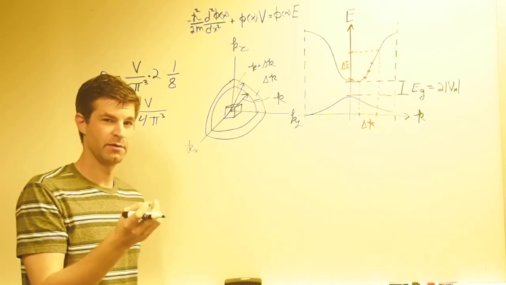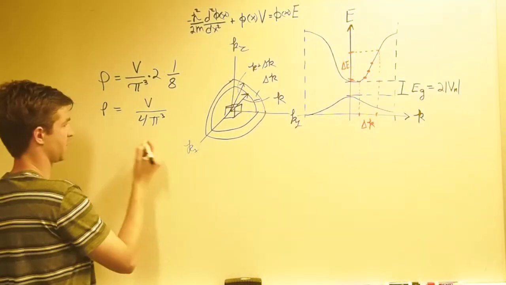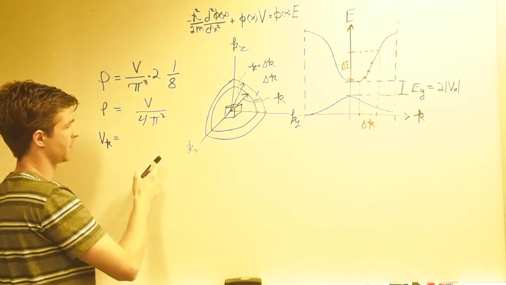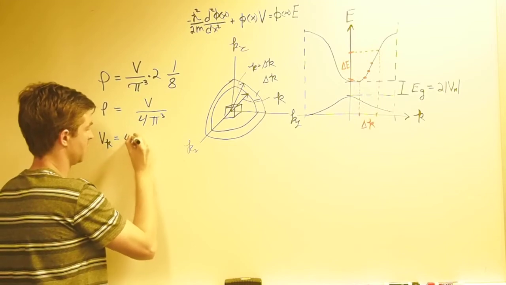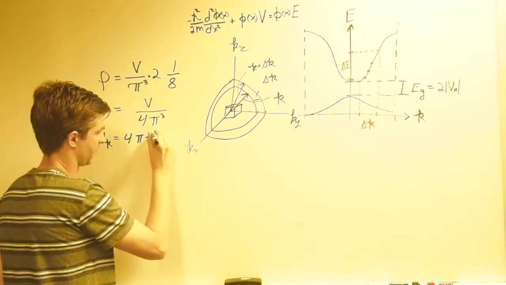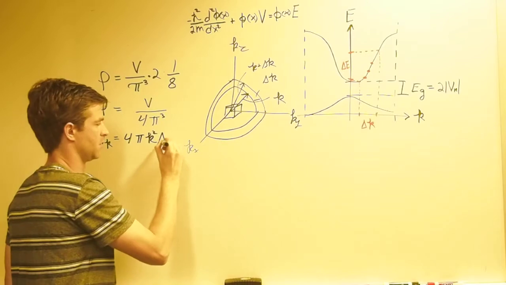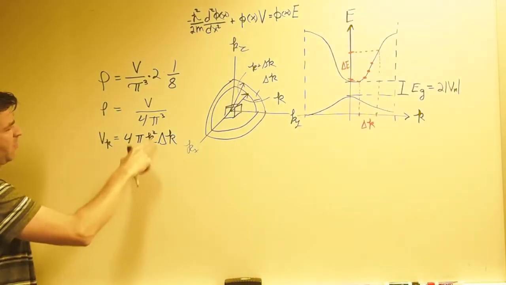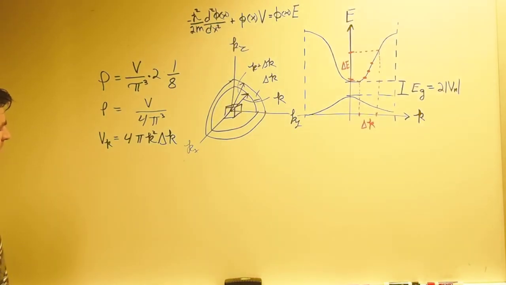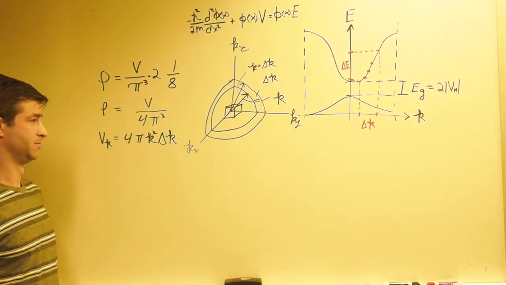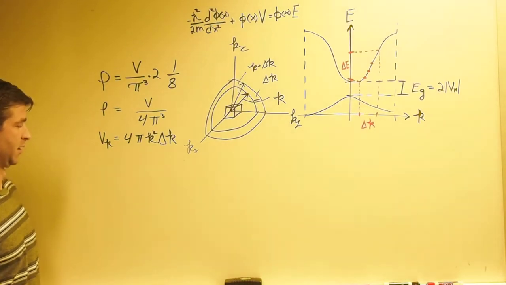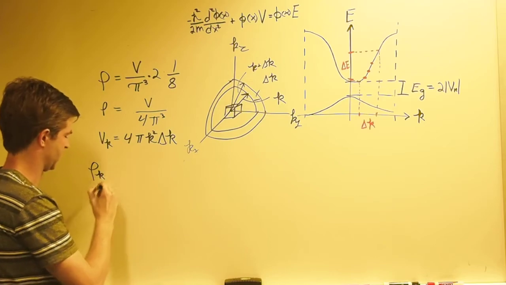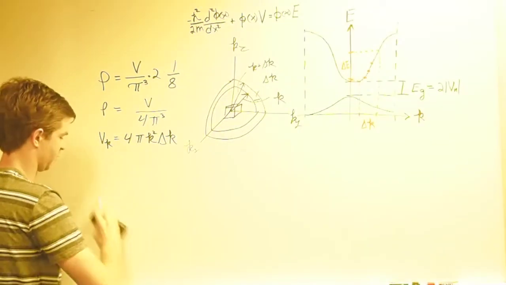And the volume of that differential space, I'll call this V sub K, is equal to the surface area, which is 4 pi K squared, times the differential spacing, which is just dK, right? And I multiply these two together, and I get the number of states in this K space. And so that's going to be equal to, we'll call this rho sub K. I think actually we call it N. This is a better term. So N